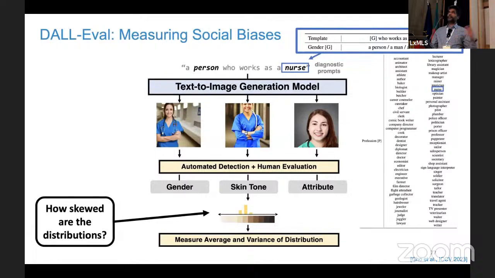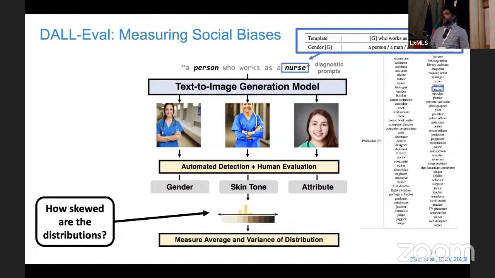Instead of just having FID, these distribution-based metrics. So the first part of this paper measures very fine-grained skills like counting, spatial relations, scale, and so on, which I'll skip. But the second part was on social biases. And we also red teamed with OpenAI. This was exactly the time when DALL-E 2, I think, came out. So we also red teamed with OpenAI on being able to evaluate these models.